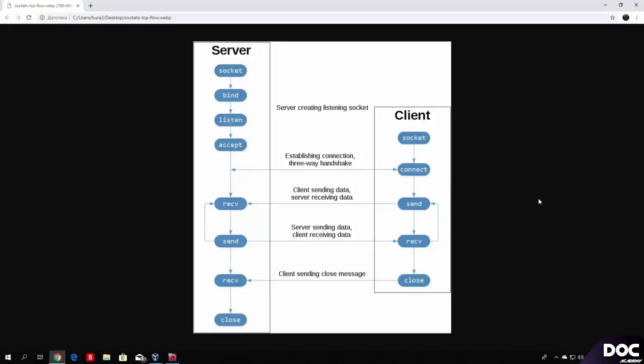Now what we are going to do in this section is basically coding our own reverse shell, which will be based on the TCP server and TCP client. So we will actually code two programs. One of them will be our server, where we will listen for the incoming connection, and the other one will be the reverse shell or the payload, or however you want to call it, which we will deliver to the target in order to hope that they will actually run the program and connect their PC back to us,